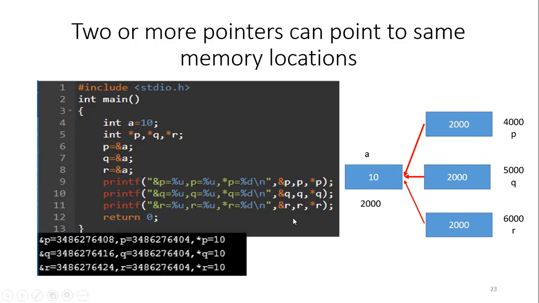Now this is a program. I have shown you an example, but when I run this program in my compiler, I am getting a large number for the address, not a small number like 2000, 4000 we have taken for illustration. So when I run the above program in my compiler, I am getting this particular value. So you can see here, the addresses are not small numbers, they are large numbers. Your address range depends upon your system.